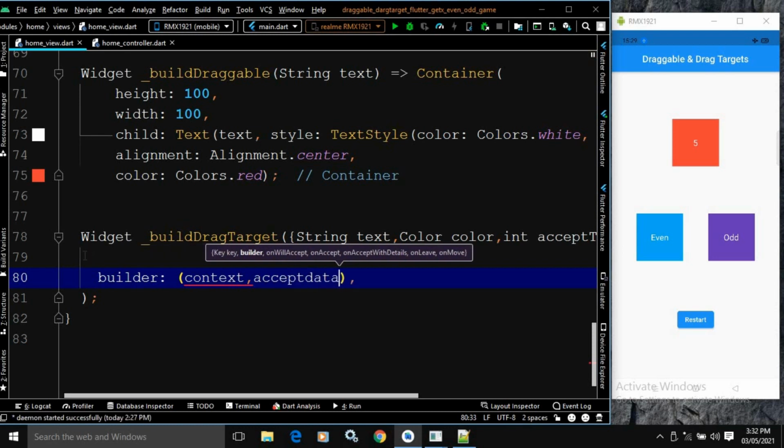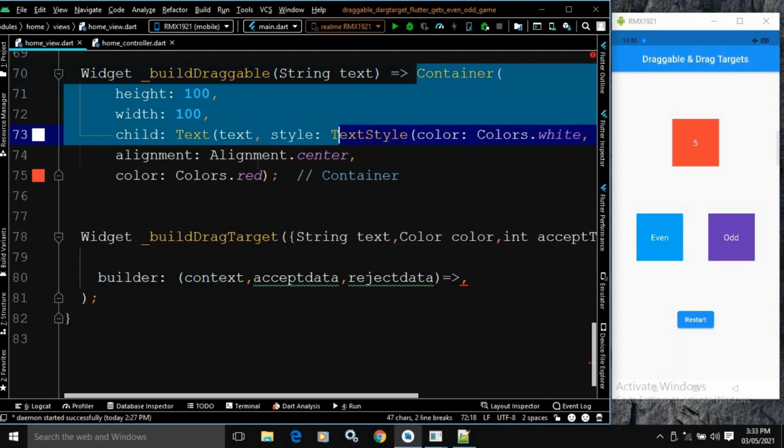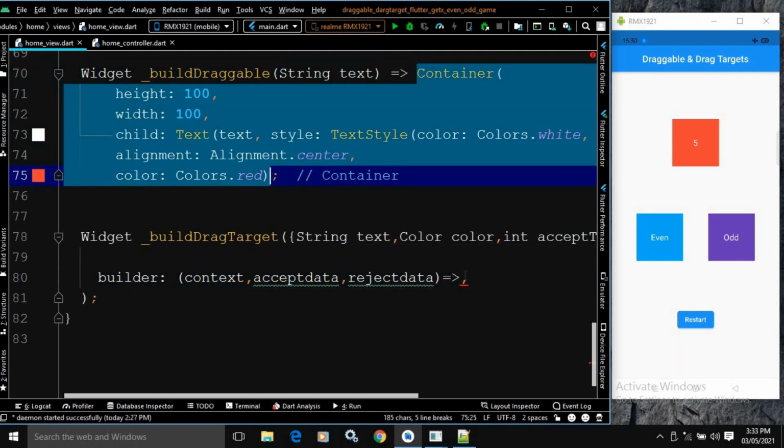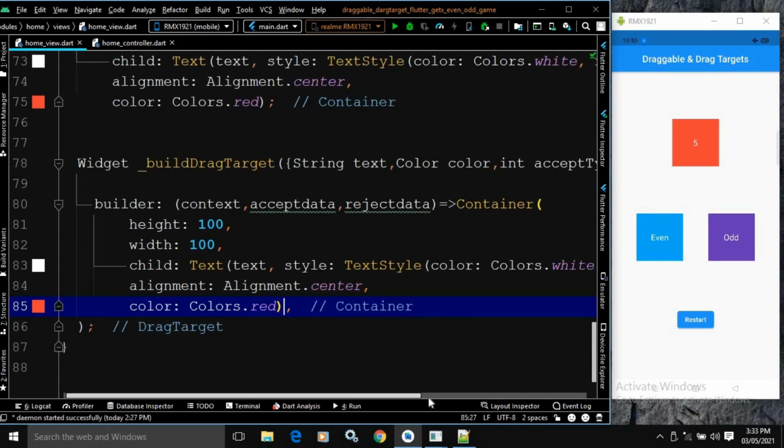After that, accept data, reject data. Okay, and in the builder, here I will use the container widget. So let me copy this, let me paste it here. Need to put, okay,